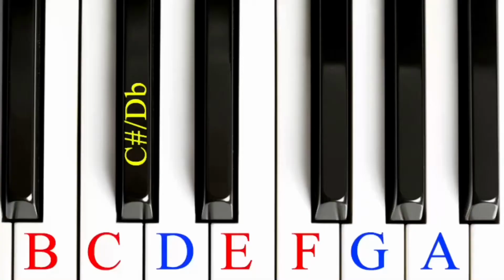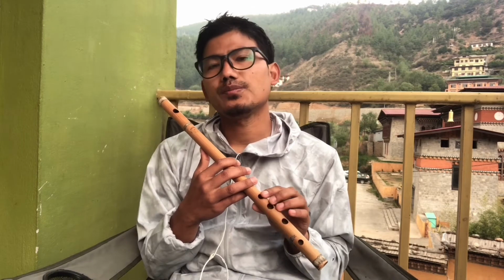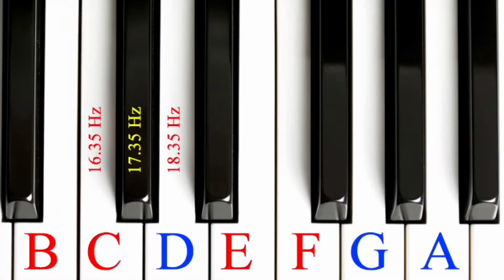For example, the note between C and D is called C sharp or D flat. It is called C sharp because it is located half a step higher in pitch than natural C, and it is also called D flat because it is located half a step lower than natural D. However, it is up to us whichever name we prefer to use, whether C sharp or D flat. And if you calculate the frequency of this semitone, the result should come exactly the average frequency of natural note C and natural note D.